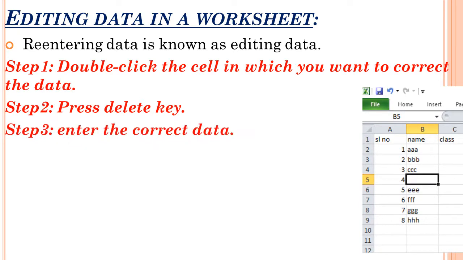Step 3, enter the correct data in that position using the keyboard. Step 4, finally press the enter key. That is about editing, meaning re-entering, the data in the worksheet.